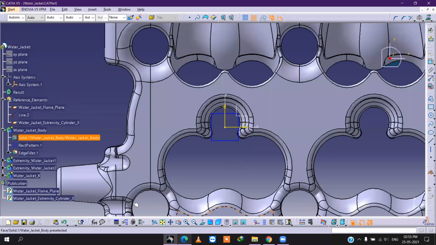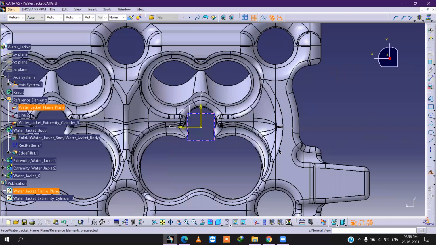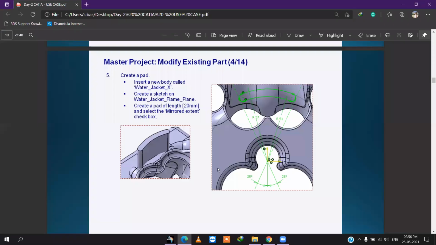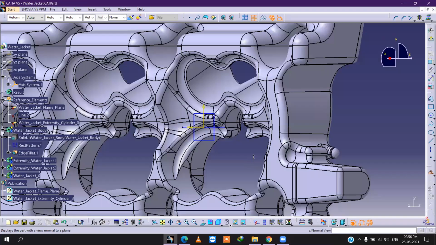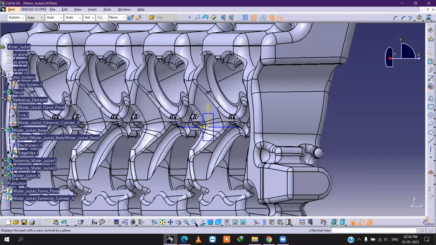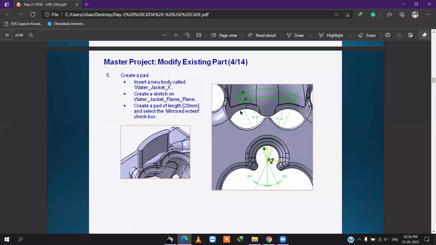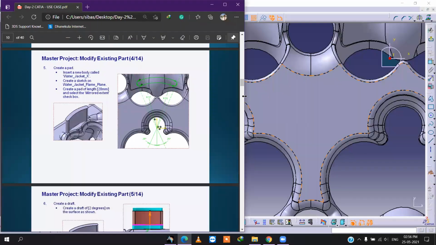If suppose you have got this side, you have to watch it carefully. Then again you have to click on normal view, and the right side portion will be visible. After that he has created one sketch. We'll keep it on the side and we'll do.